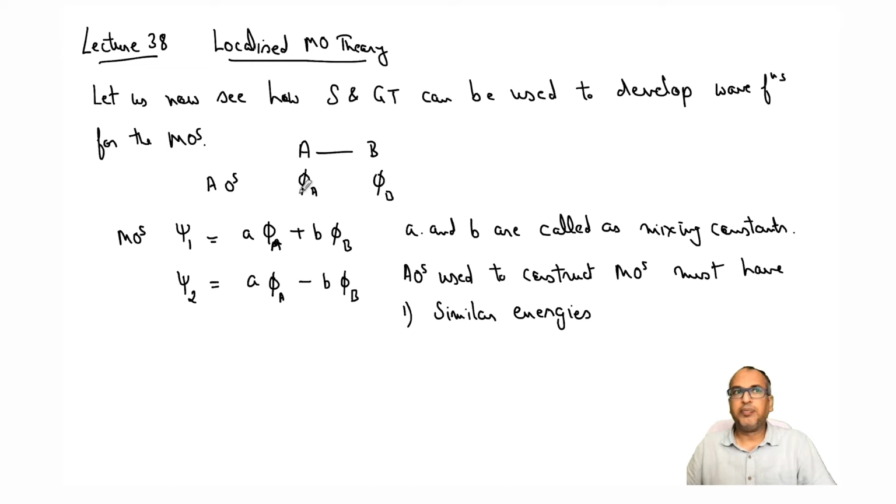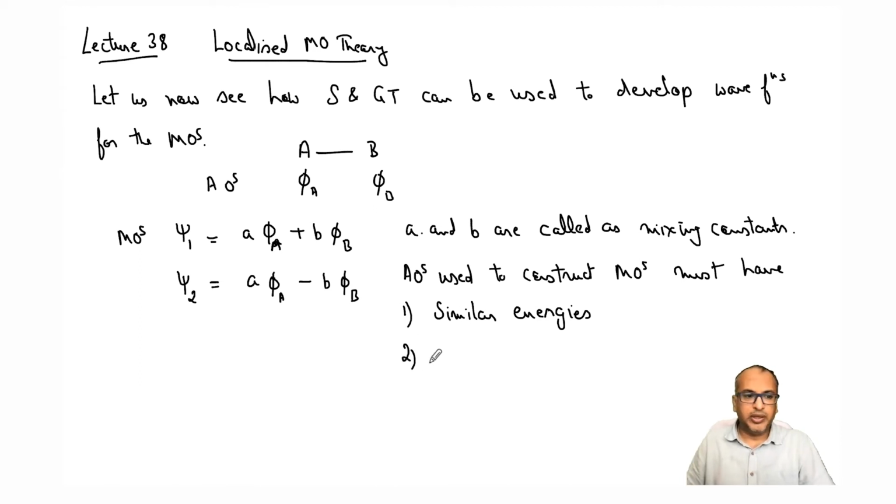Similarly, an s orbital is difficult to combine with a d orbital, for example. I mean, you can still combine them, but it is difficult, because d orbitals have higher energy than s orbitals. So a better mixing is between s and p orbitals. That is a general rule of thumb. The idea is that you have to have similar energies. Of course, a priori you don't know which orbitals would have similar energy, but there are certain basic rules: similar principal quantum number, or s and p orbitals, where the energy difference is much less as compared to s and d orbitals. So accordingly, you can choose.